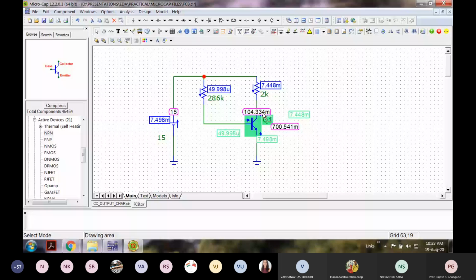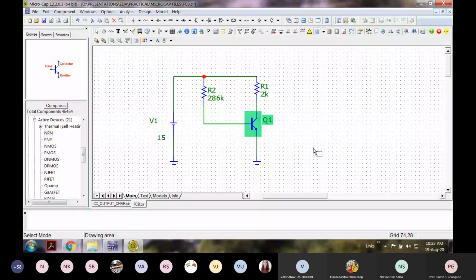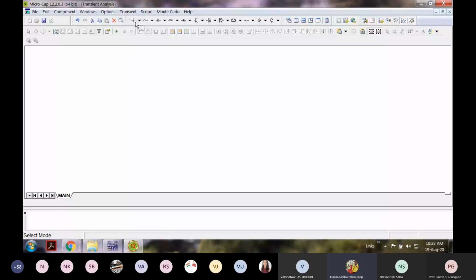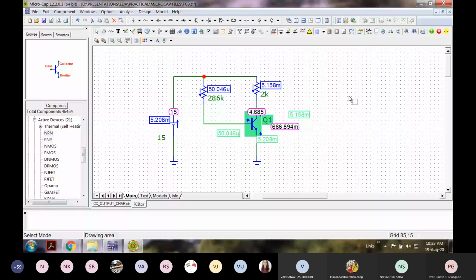Let me see if I can set this properly and again go for the transient analysis. It doesn't work nicely with the generic transistor, but if I change the beta to 100, I am getting very similar results to Multisim. You can see here.